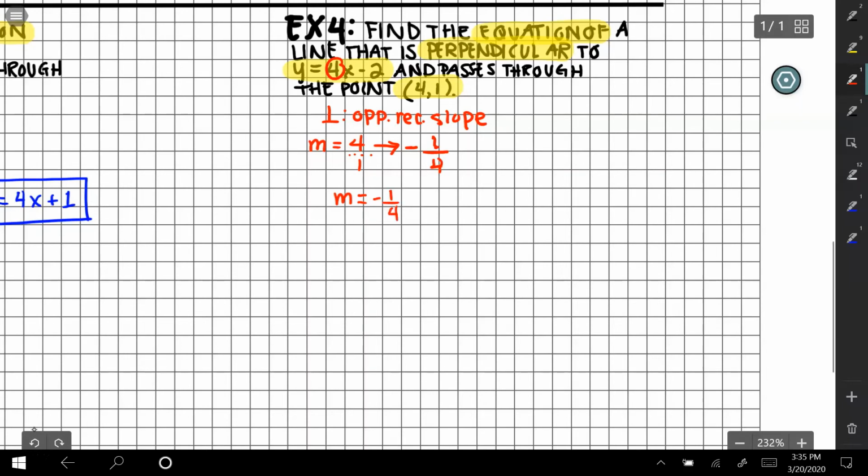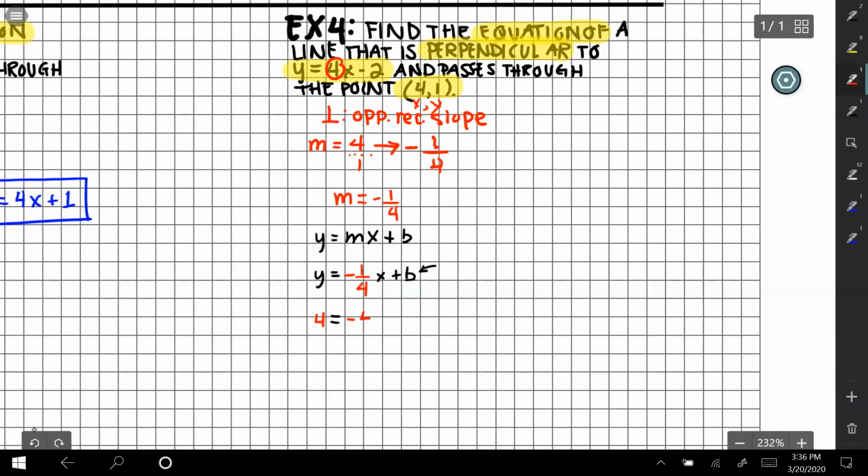I'm going to do the same thing and start with that standard slope-intercept form. So I have y equals mx plus b, and I'm going to substitute that negative 1 over 4 for my m, and then write out the rest of the equation. So same as in example 1, I need to solve for this b, and I'm going to use the 2 points that they gave me to do that. So I have x comma y, which means instead of y, I'm going to write 4 equals